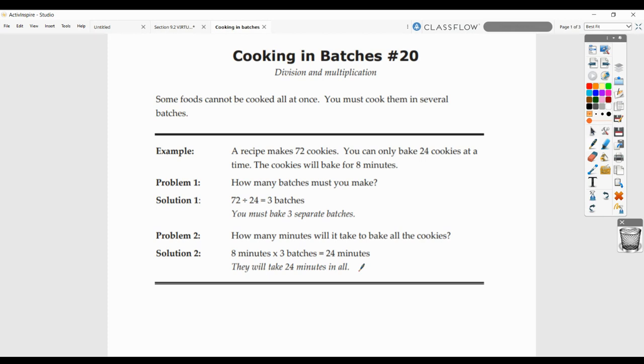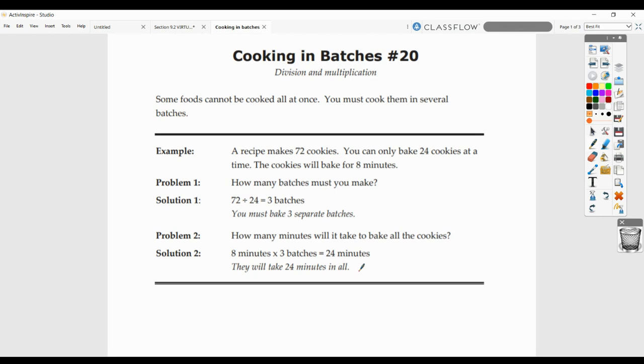Or if we're using a toaster, for example, we may need to plan it out so that we're doing multiple runs through the toaster. Okay, so it's basically planning ahead. So if you're saying, oh my gosh, I have people coming over in a half hour and I need to cook